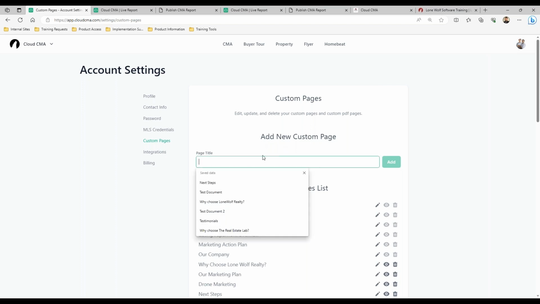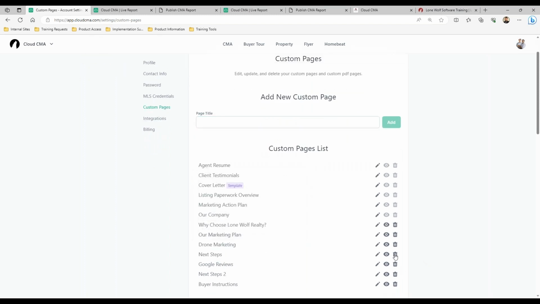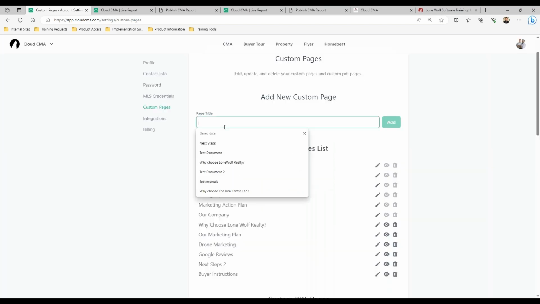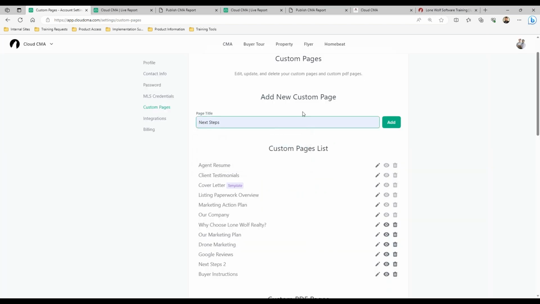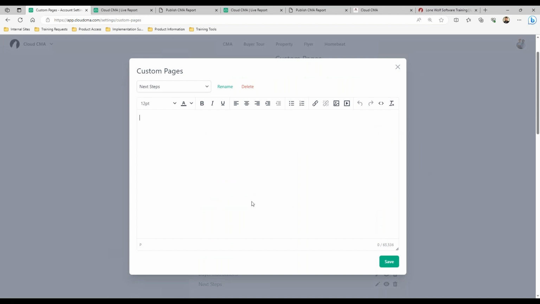And if you're wanting to create any page, let's say I'm going to delete one of these just so I can make a new one here. Let's just say I want to make a next steps document. We've presented everything. Now let's talk about next steps and how we'll move forward. I can select the add button here, and you'll see I have a full text box with formatting controls here